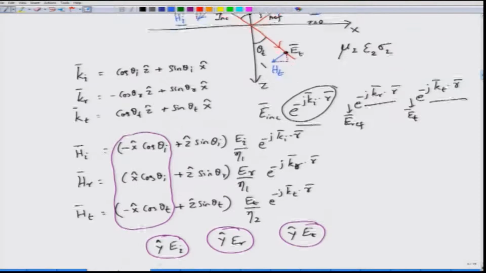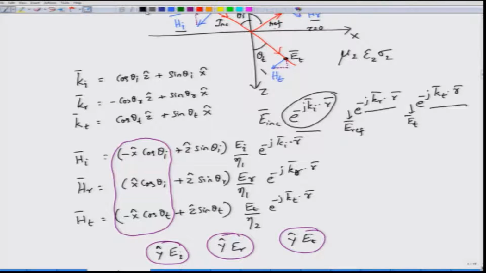Now let us look at what happens to the phase factor when I consider the position vector r as x hat plus y hat plus 0 into z hat. You might question why a 0. Well, the answer is obvious, because we are assuming that this interface is given by z equal to 0. And is there a component of the k vector along y? No. So, these components will not be useful for us. The only tangential component or the phase component that you are going to get will be along the x direction,